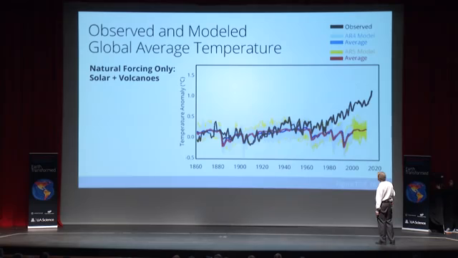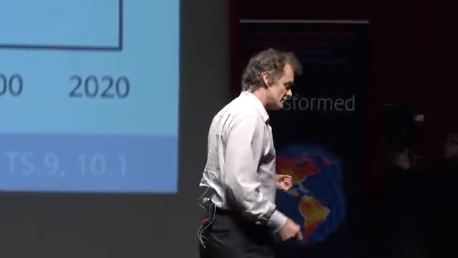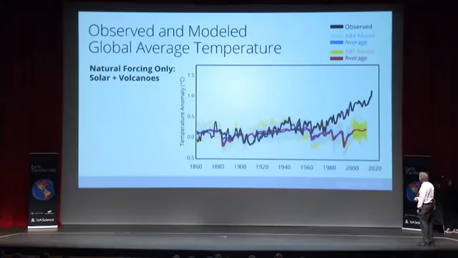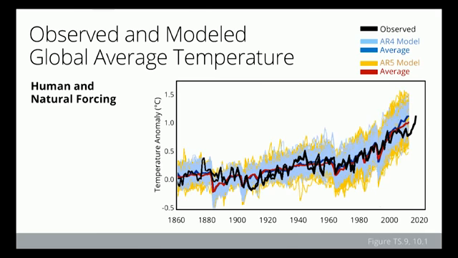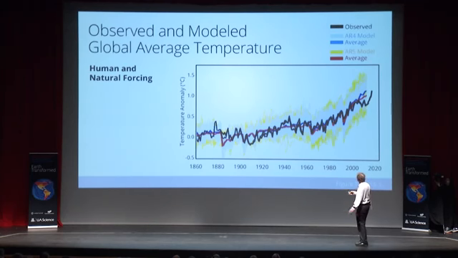If I do the same thing with the models that were used 2 years ago, they're new models, they've been improved. You go back and you do the same calculation, you get the same answer. It just kind of goes along here. That's the response to a volcano. It just stays flat. Each one of these other lines is just an individual model. So temperature is going up, but if we only include volcanoes and sunspots, you can't explain that. But if you include the human and natural forcing together, the volcanoes, the sunspots, and carbon dioxide increase, you get exactly what you saw.